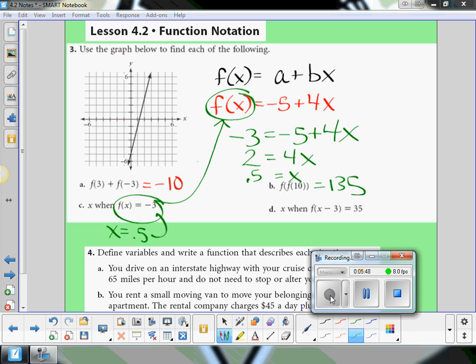And then we have D. Find the x when f of x minus 3 equals 35. So step 1 is to figure out what would produce 35. All right? Let's